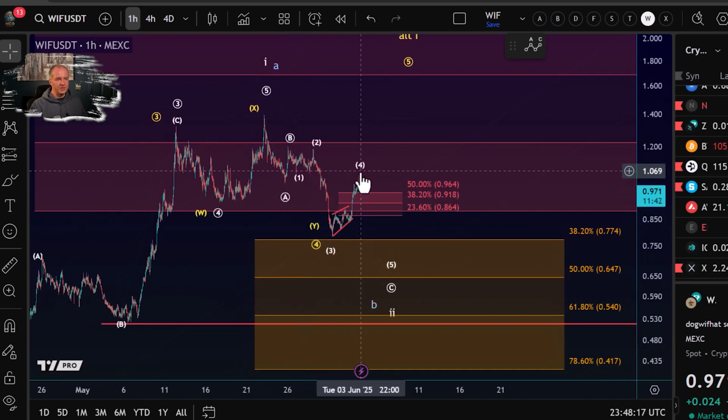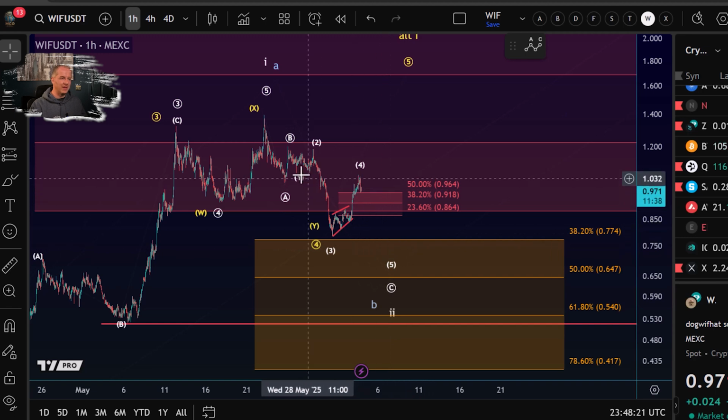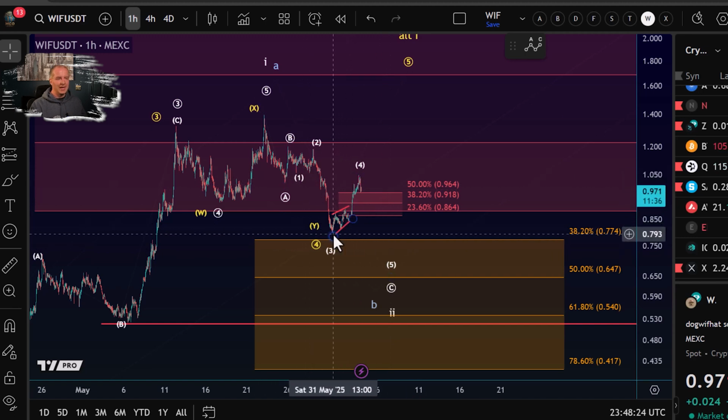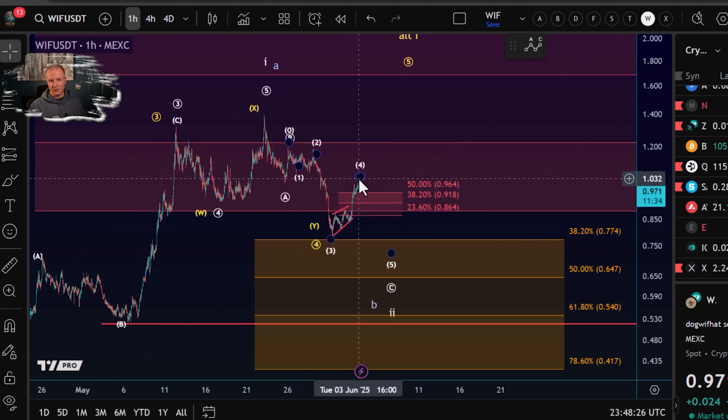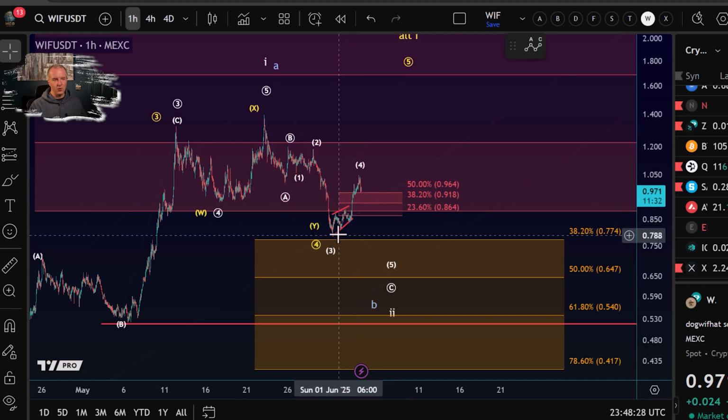We have a break above resistance, so I'm kind of neutral then. Do we get that one more low? As long as it's still a valid wave count, I'm kind of neutral. As long as it's a 3-wave move, I see it as a corrective rally because it didn't really form a low where it ideally would have. So I'm definitely cautious. I'm not really interested in trading this setup because it's kind of unclear to me,